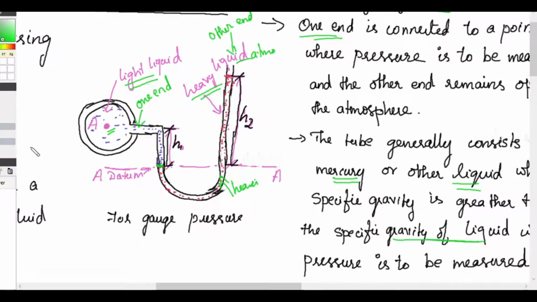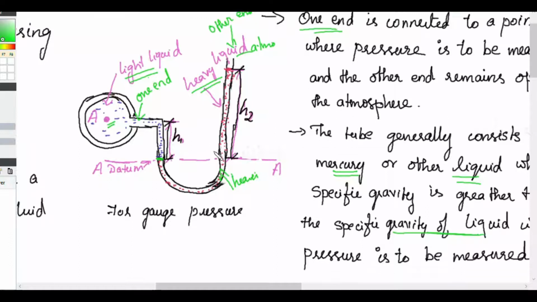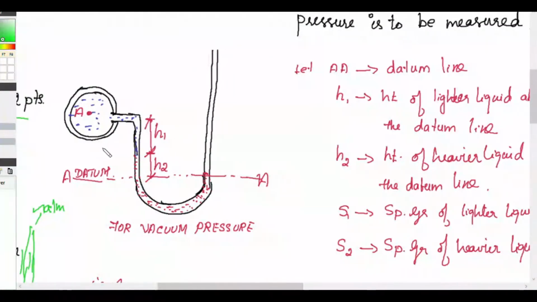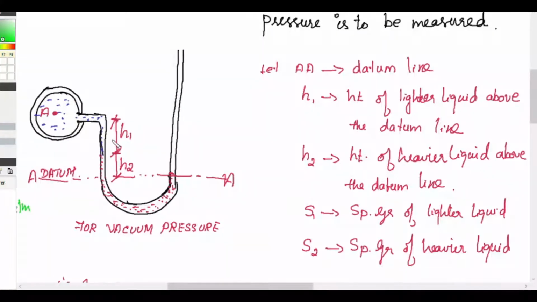Now see this case, you have two diagrams. This is our first diagram for the U-tube manometer. Here the rise of the heavier liquid is above point A, so we will use this for finding the gauge pressure. The second type of diagram is this, where the height of the heavier liquid is below point A. This is used for measuring the vacuum pressure. Here the place where the two liquids separate is this.